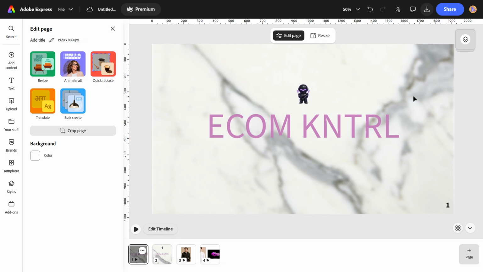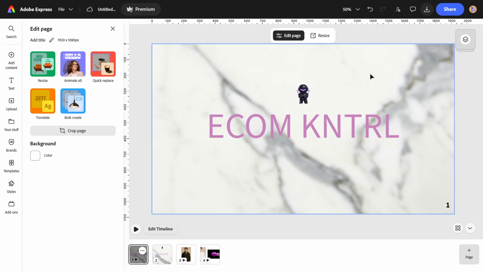Start by opening your project in Adobe Express. Make sure you're on the canvas, where the text you want to adjust is already visible. This could be a flyer, presentation slide, social post, or any other design. Before rotating anything, it helps to zoom in a little if your text is small, so you can clearly see